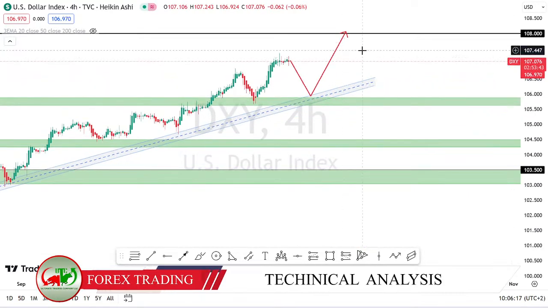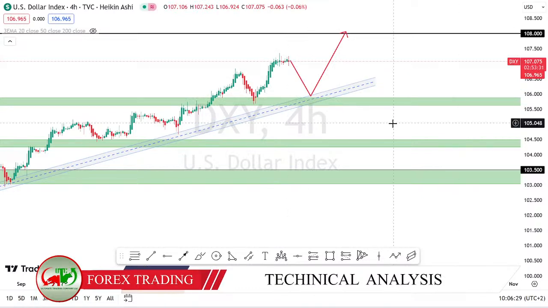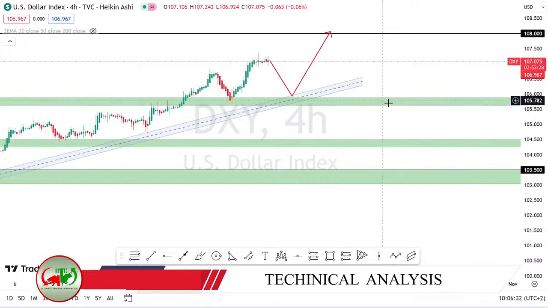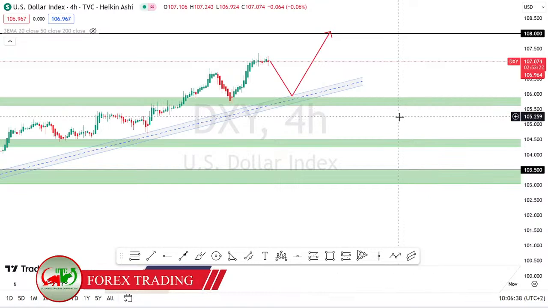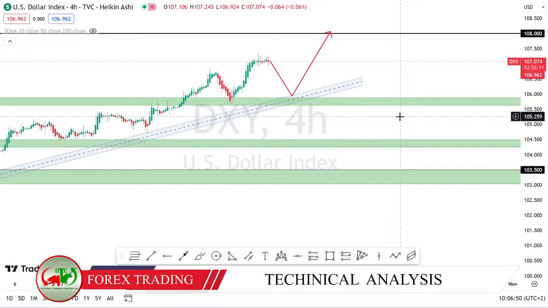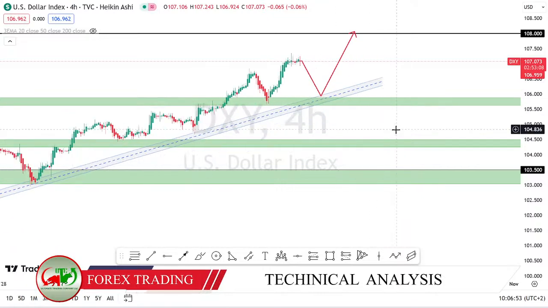So this clearly means that it is too late to buy the dollar index. The best way to trade this dollar is to wait for the pullback to this support around 106 and then buy the dollar index. Without even going further, this clearly indicates that there are no good high probability trading opportunities in major currency pairs, commodities and US stocks. So you should pay attention to how you are trading the currencies or the assets that are based on US dollars, because they will tend to pull back.